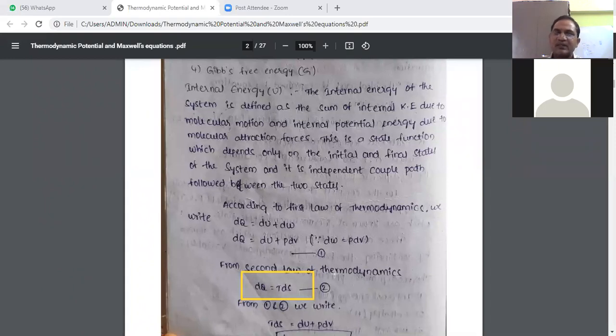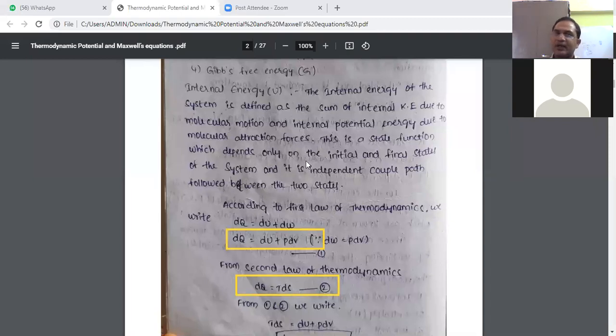Actually, all these things we discuss in the thermodynamics chapter. Because these are the basic concepts, I started directly with thermodynamic potentials and Maxwell equations. You don't need to bother, because these are all fundamental things. dq equal to du plus pdv from the first law of thermodynamics. dq equal to tds from the second law of thermodynamics. You should remember these two. By combining these two equations,